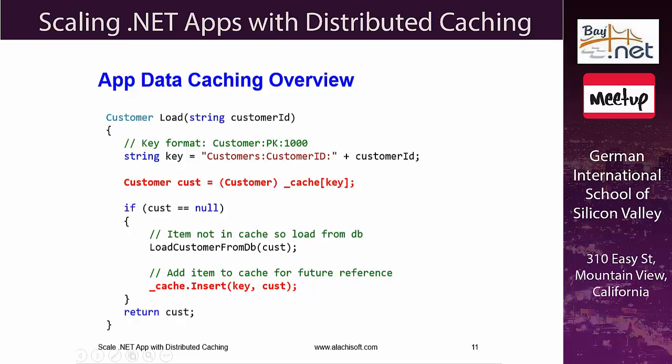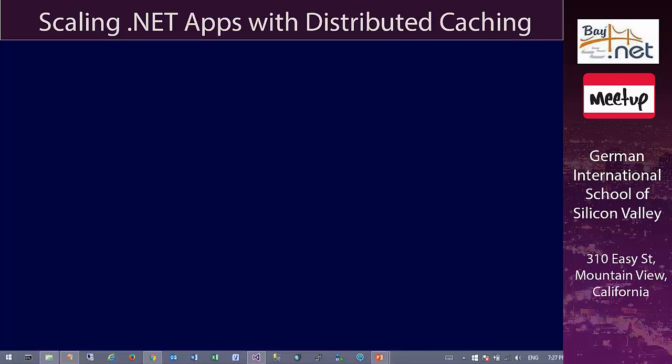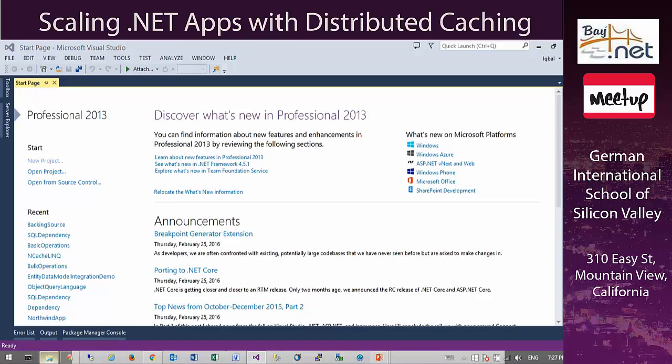So as you can see, the cache part is very, very straightforward. It's a key and there's a value that you typecast to your object, and you can do a cache.insert. Insert means add this into the cache if it doesn't exist. If it does, then update it. So it's like an add or update. It's called insert. And so this is how a typical code would look like. Let me actually at this stage show you. So I'm going to, if I go into